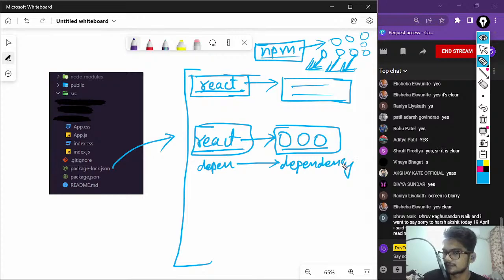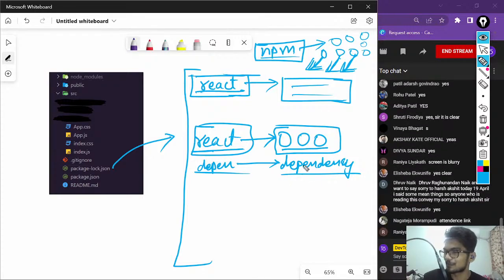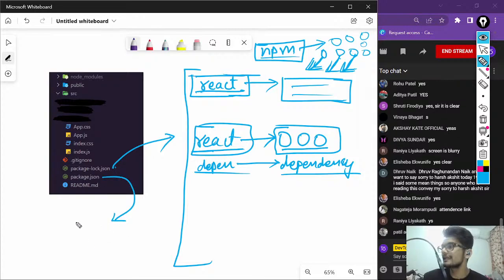Am I clear, guys? Are you able to understand? Dependencies of dependency. So my package can be dependent on a package, and that package can also be dependent on any other package. Absolutely, interception. Because of this factor, you require package-lock.json, because package.json only contains